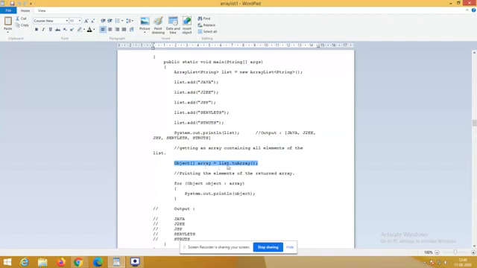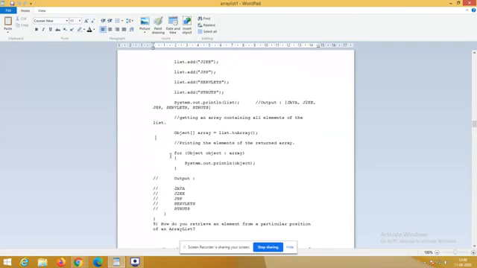Array name equal to list name. List name is list, the object of list, dot toArray. So toArray is the important method that you need to remember. To convert array list into array, I have to use the method toArray, right? After converting into array, I am using the for each loop.